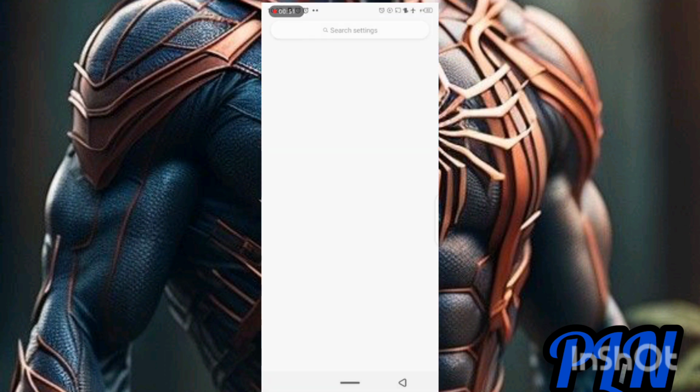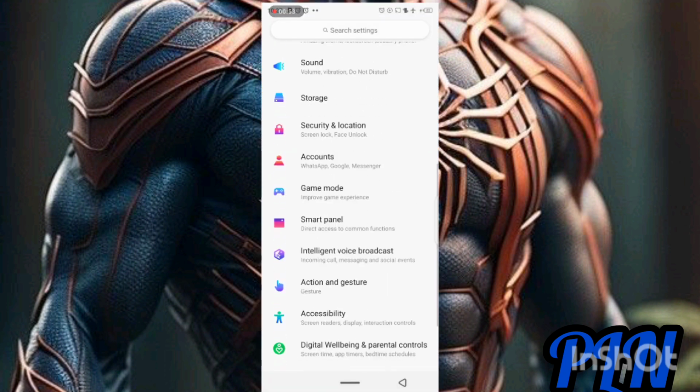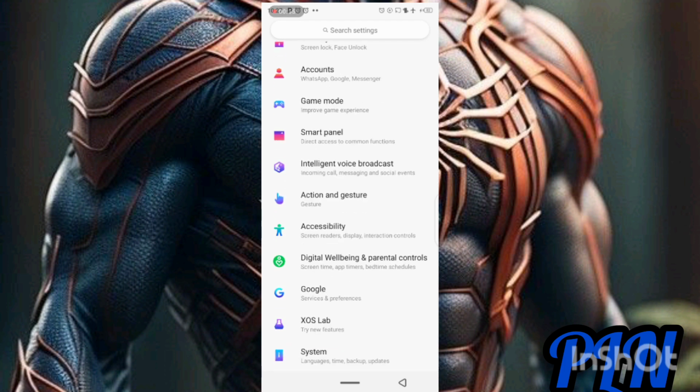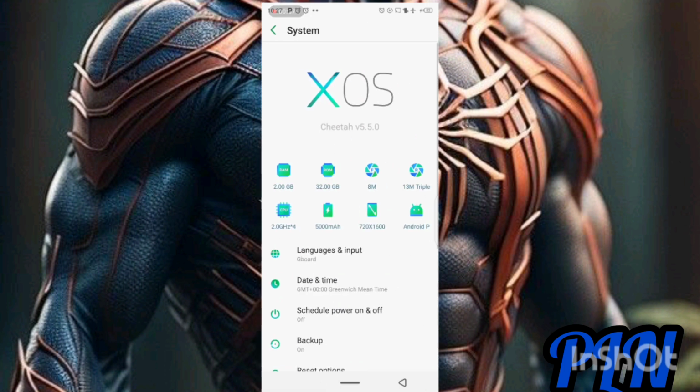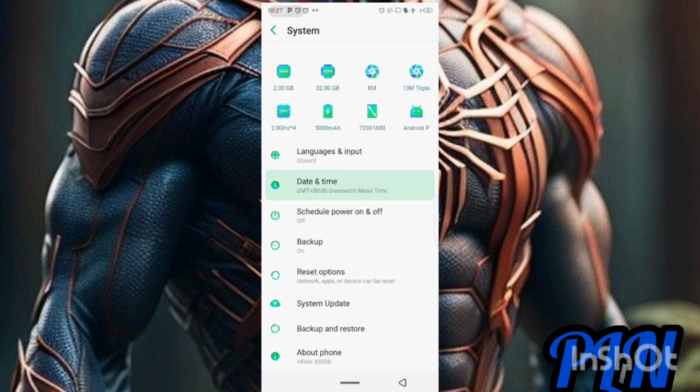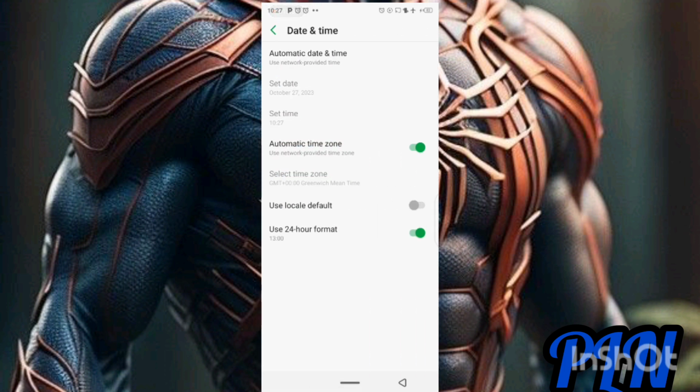Go to settings, and then after settings, scroll down, and then go to system. Select system. After selecting system, I want you to go to date and time. So over here, listen clearly, because over here we're going to do settings. We're going to reset all this so that we can use our internet bundle in the midday. So what we will do here is that, as you can see,